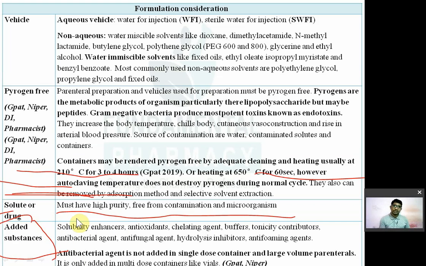वेहिकल के बारे में पूरा देखा है आपने, कौन से होते हैं, तो पायरोजन फ्री होना चाहिए। पायरोजन के बारे में पूरा देखा है क्या होते हैं, कैसे रिमूव करना है, ठीक है। तो उसके बाद अब एडेड सब्सटेंसेस।